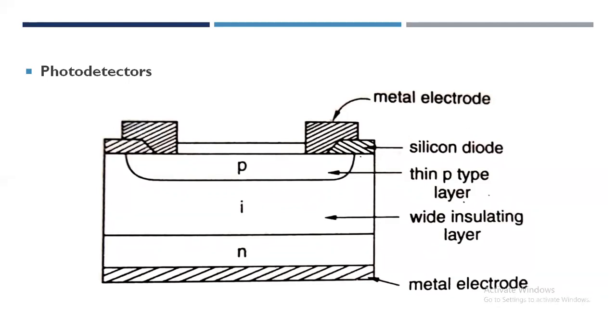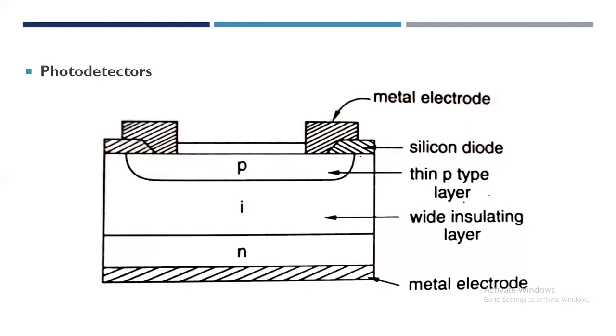Photodetectors are housed in a mounting which has a transparent window. The junction area is large to maximize the number of photons hitting the surface. The junction is close to the surface, and a common design requirement is the deposition of an anti-reflection coating on the semiconductor surface to increase the number of photons which are absorbed by the diode.